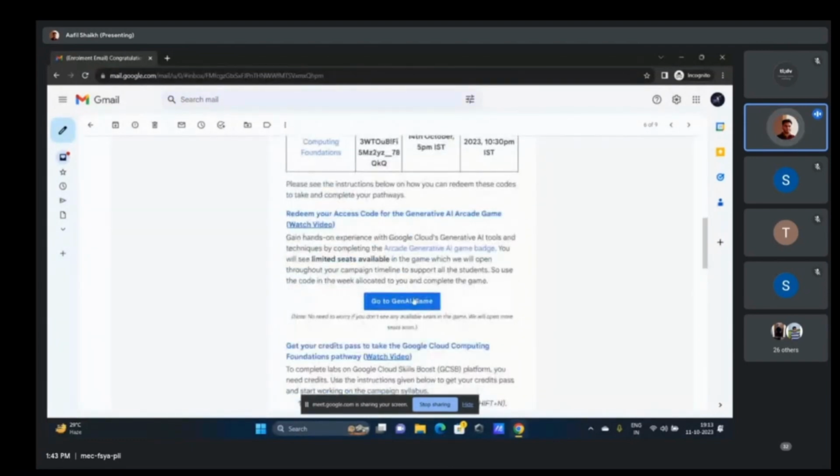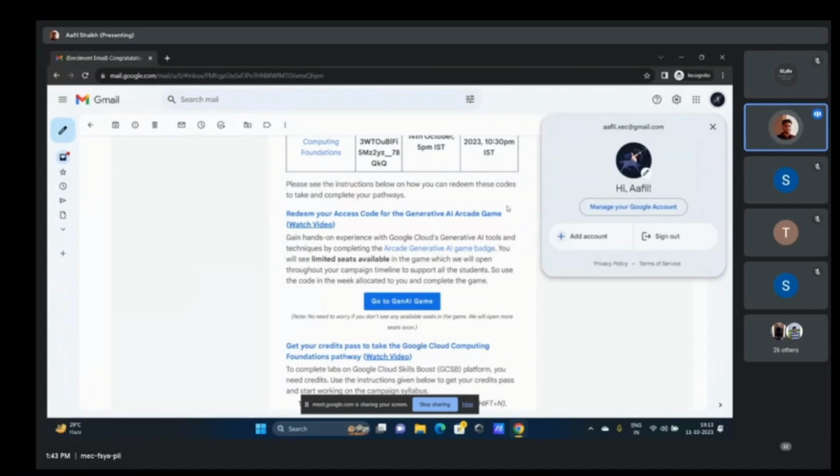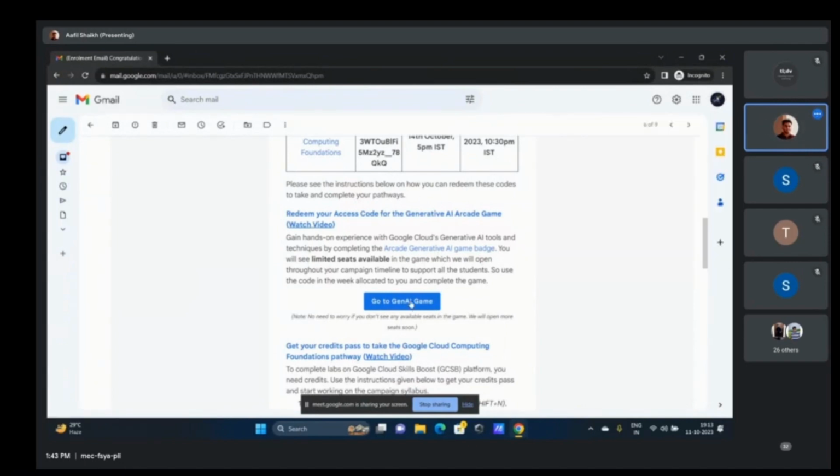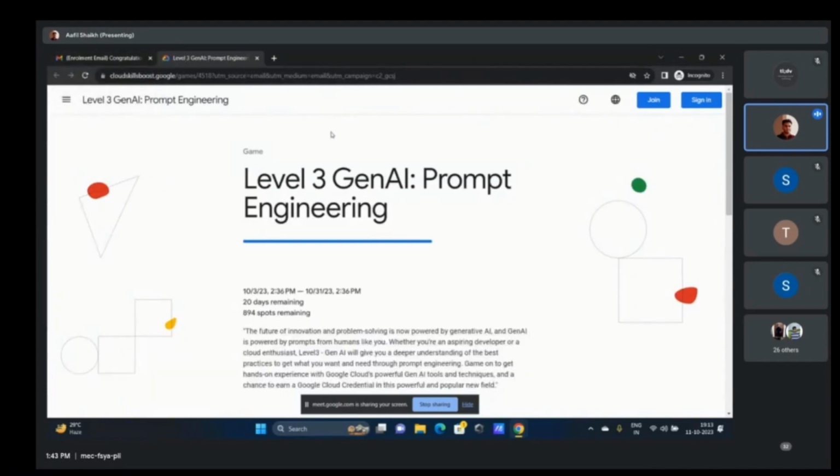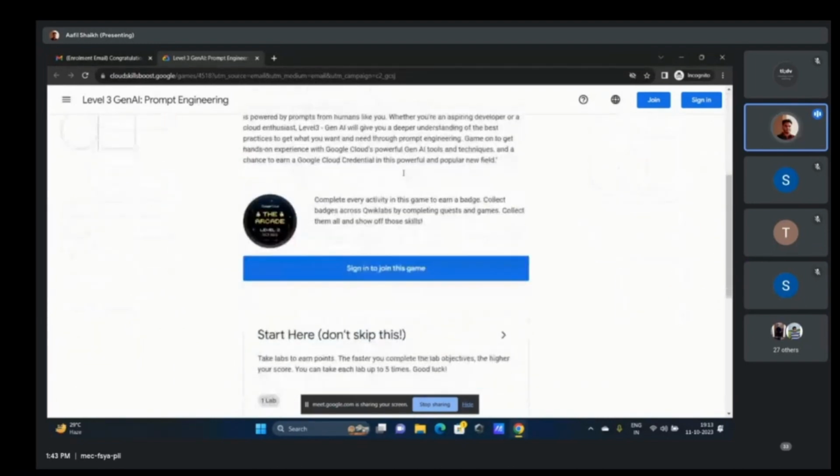All we have to do is click on this button and make sure you do this entire process in an incognito window. I've already logged in, as you can see, with my participant ID. You can do the same. Okay, so this is the level 3 Gen AI prompt engineering. Basically it's a pathway, but